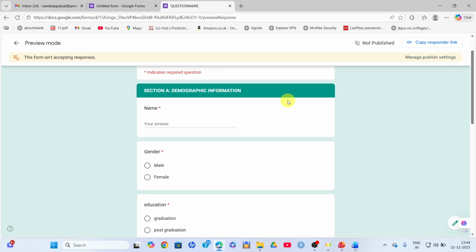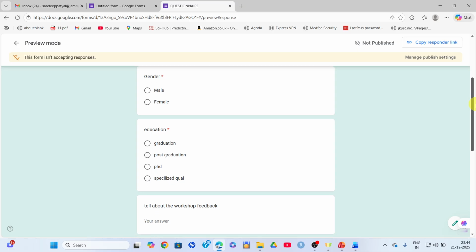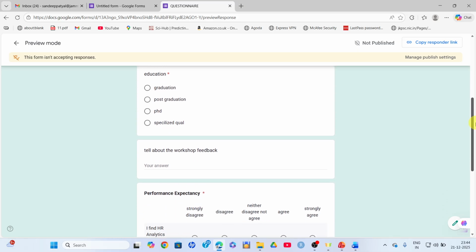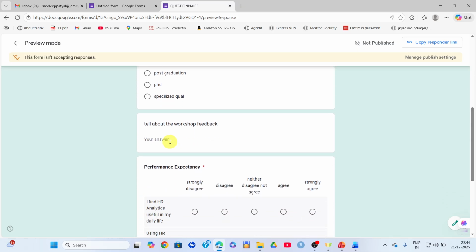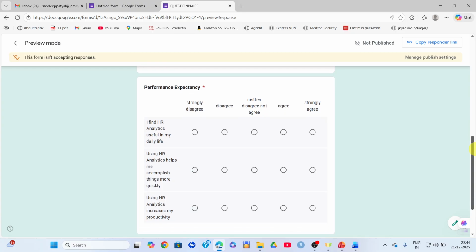Just go here. Like I have name. Respondent will be asked right here for name. You have gender, male and female, education, graduation, post graduation. These are some feedback about the workshop. And here you can see that this is